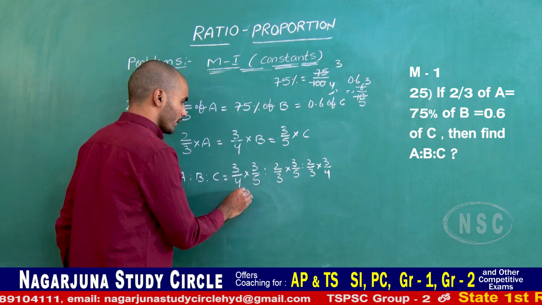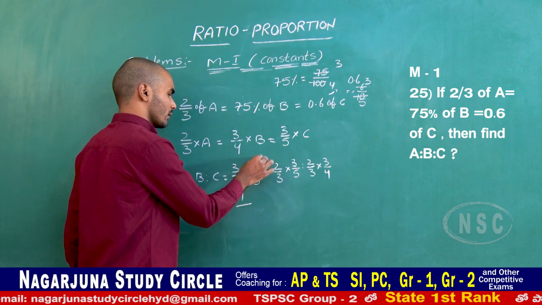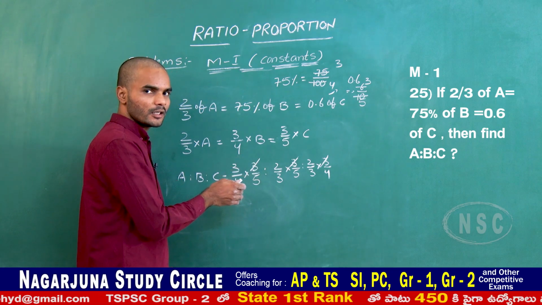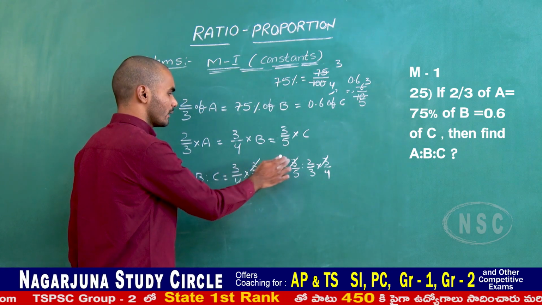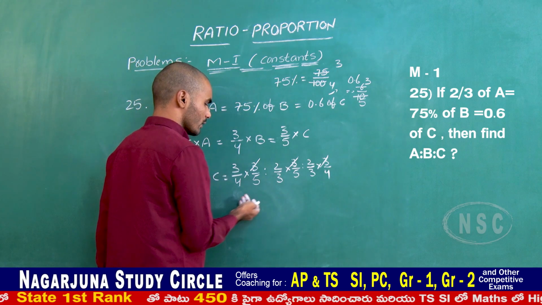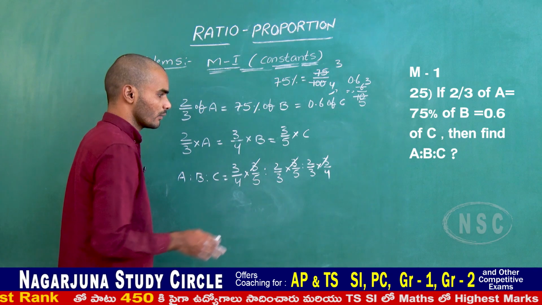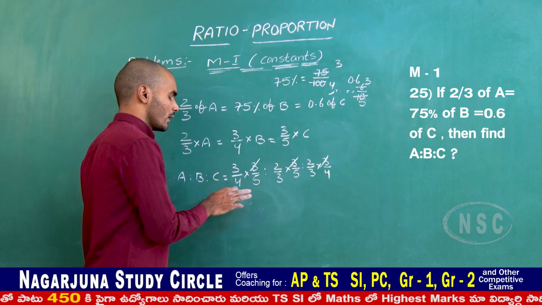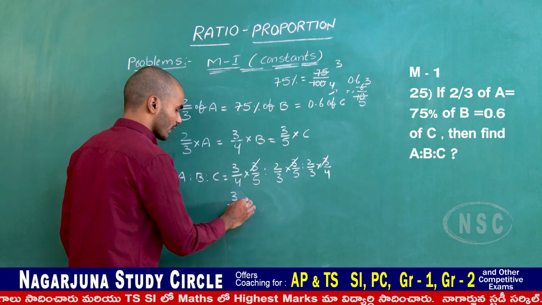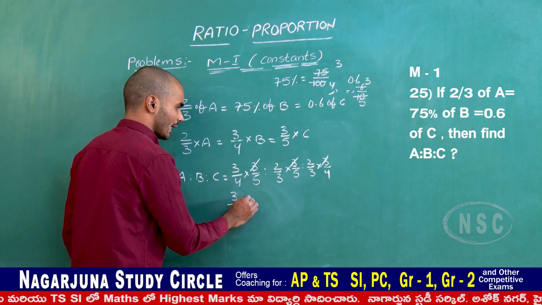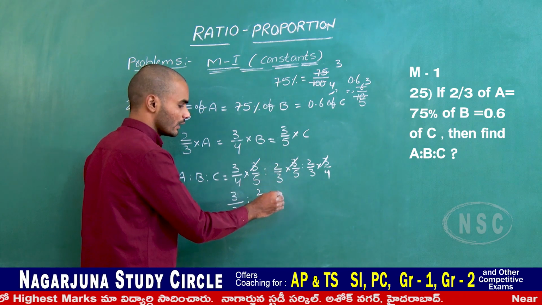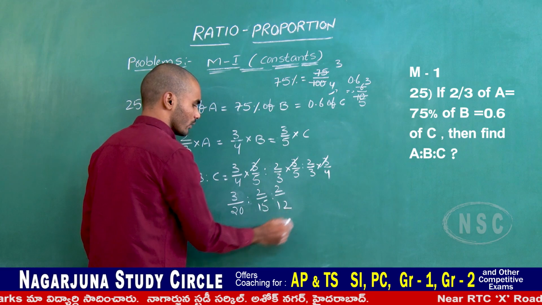3 3s are 9. We can eliminate these, this is also the right way. Numerators are cancelled, denominators are cancelled in the ratio. So the 3s cancel, and the denominators have nothing in common, so these do not cancel. So 3 by 4 times 5 is 20, 2 by 3 times 5 is 15, and finally 2 by 3 times 4 is 12.